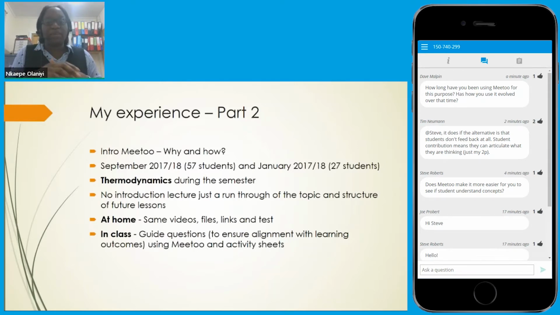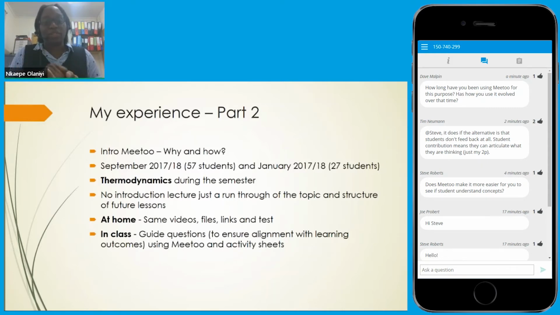These were questions that looked at the learning outcome for particular aspects of the topic. So could they give me the first law of thermodynamics in terms of the three key components? Could they determine what a thermodynamic process where you expand the gas would look like for this particular first law of thermodynamics, things like that. Again, I was trying to get them to tick off the learning outcomes for themselves.